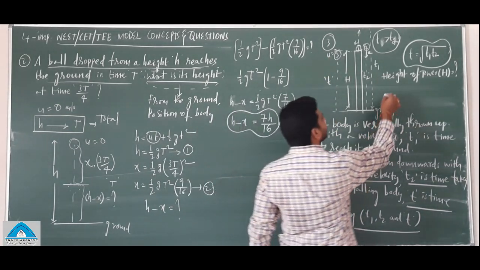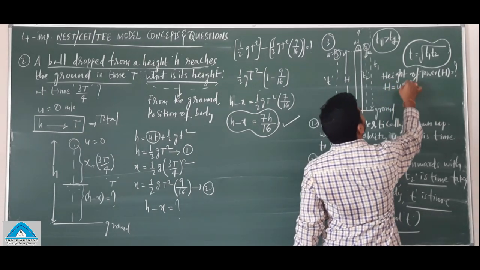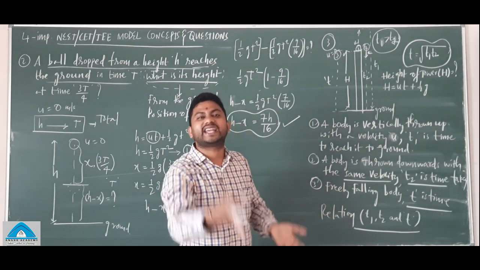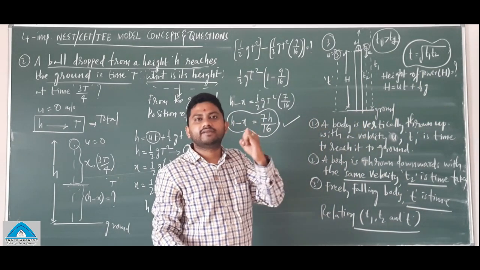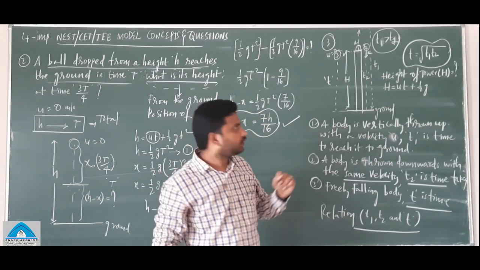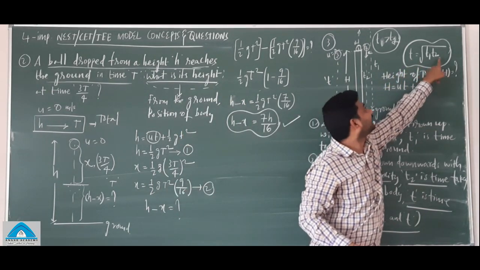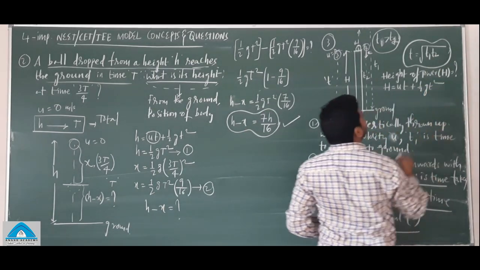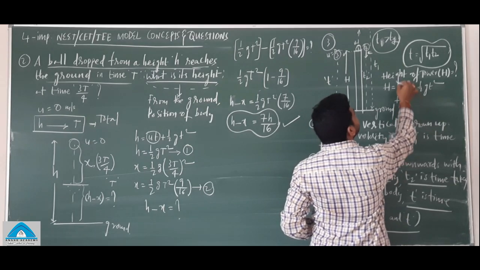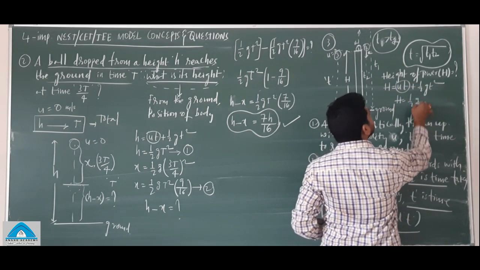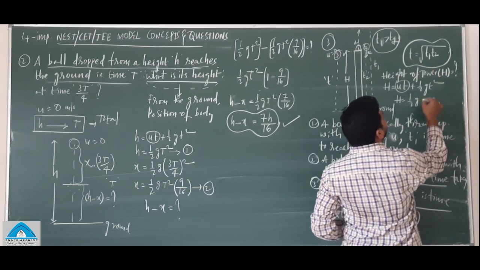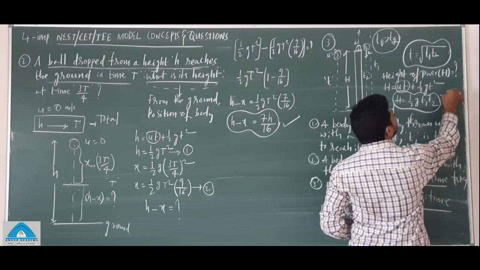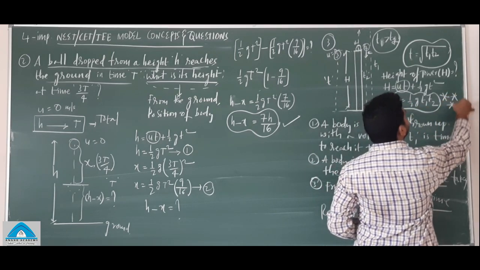And it is so simple, right? h is equal to ut plus half g t square. What is the time, T1 or T2 or t? It is freely falling, so it is just t. That t you can find from T1 and T2. Are you understanding? So now t square. h is equal to ut, which is 0, plus half into g into t square. This t square I can write as T1 into T2, isn't it? This is very important.